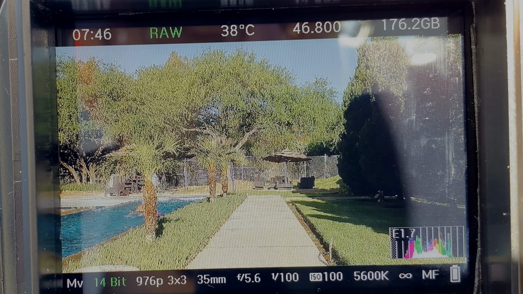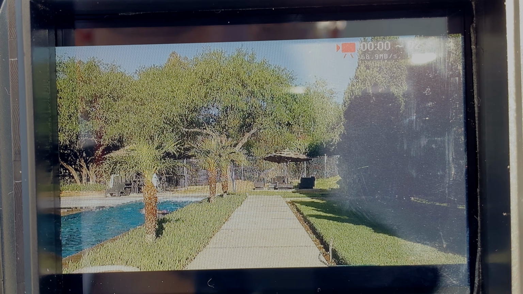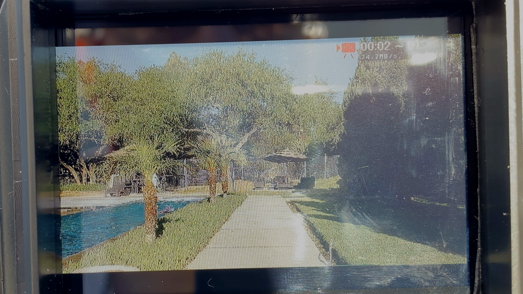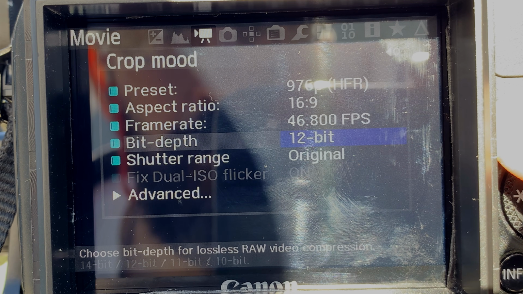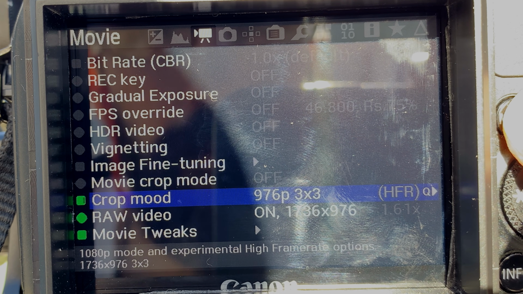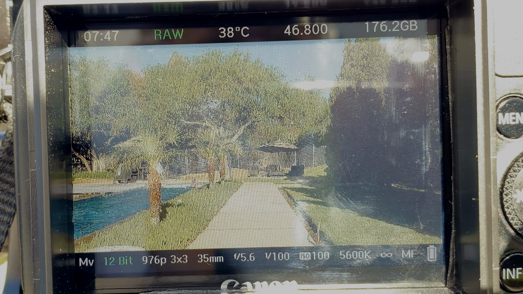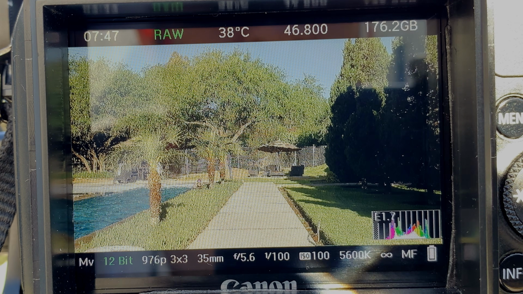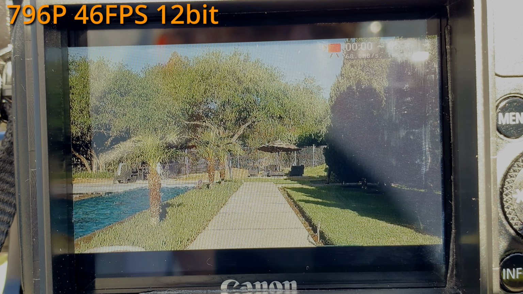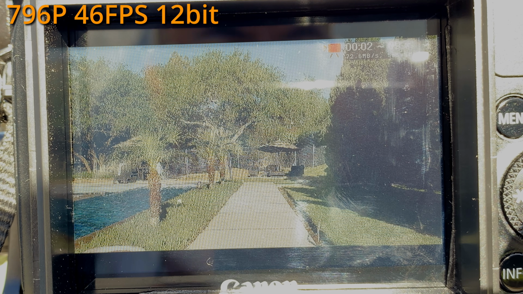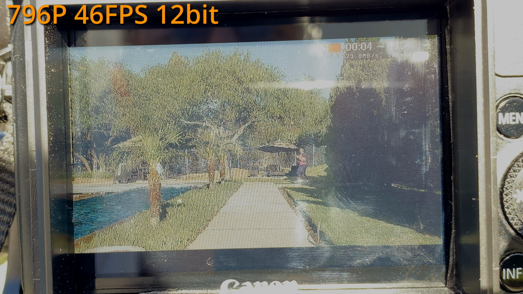With this option, 14-bit didn't work outside with highlights, so I lowered to 12-bit, and it worked pretty well. Orange.